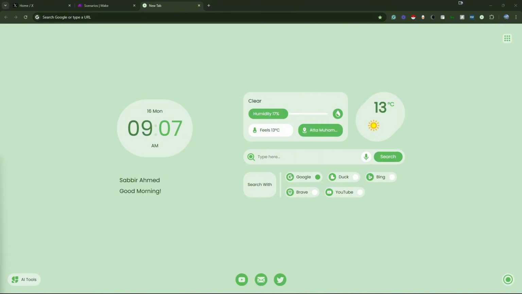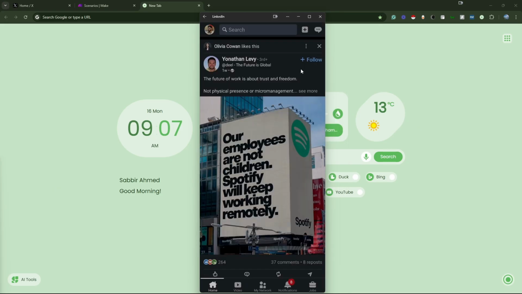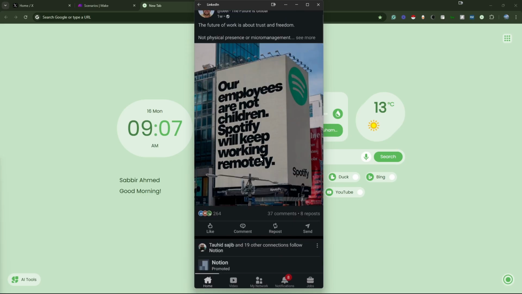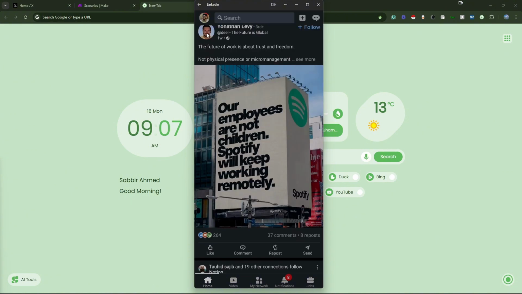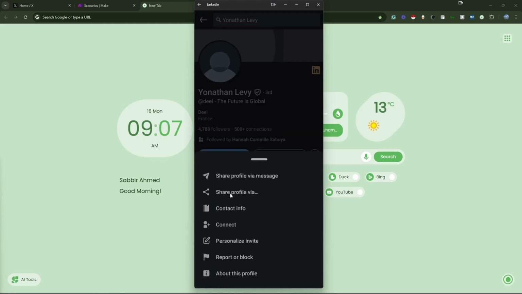Let me pull up LinkedIn. All right, I'm casting my LinkedIn to this desktop app, and I'm going to scroll a little bit and try to figure out one of the profiles that I'm interested in. And looks like this could be an interesting profile. I'll go into the profile, and to get their email address, I can share the profile